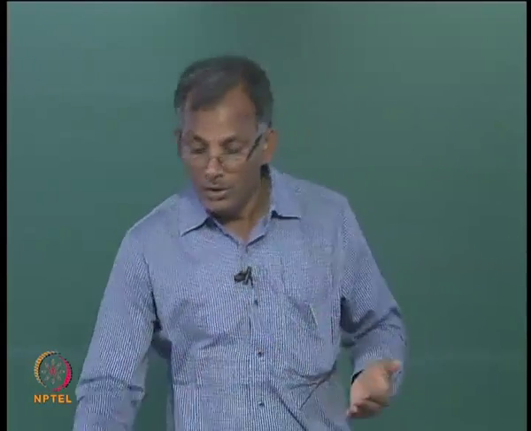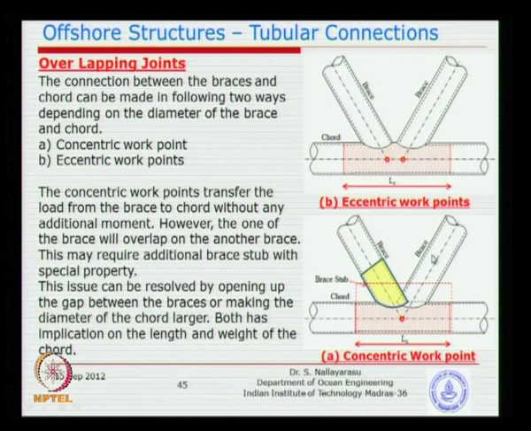So, basically to avoid, you can try and see this overlap joints, but how to design overlap joints is one of the major problems, because so far what we have learned is design of a joint like this, members are not overlapped, individually delivering forces in the form of T junction, Y junction or K junction. But here there is a load coming from this brace, partly loaded onto the brace, partly loaded onto the cord. Now, the sharing between them depends on how much is the overlap, and that becomes slightly complicated. So, what we have learned about all those empirical equations, we may not be able to use them here, and API suggests do not use unless essential.